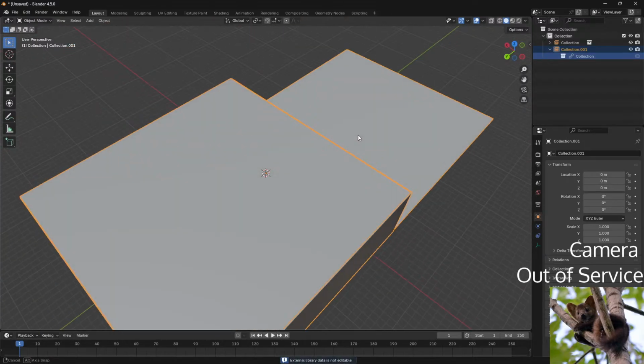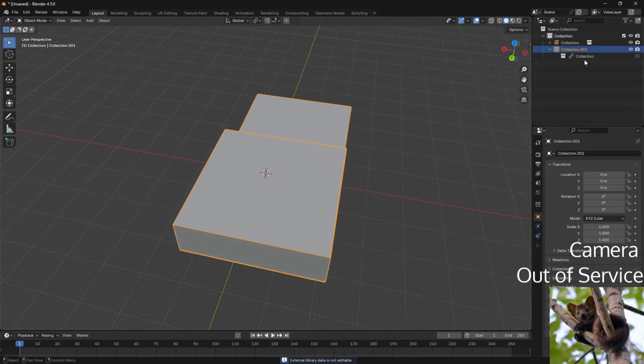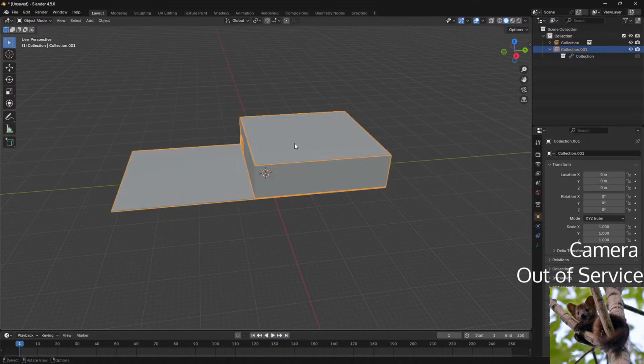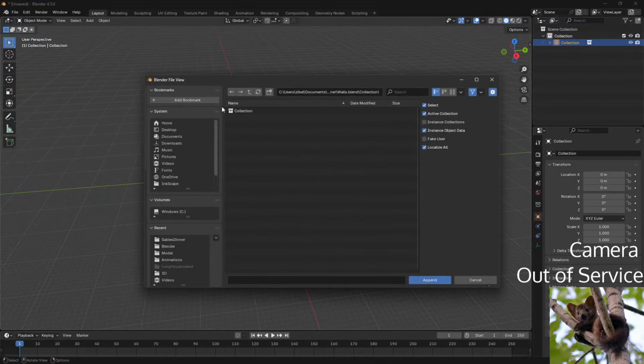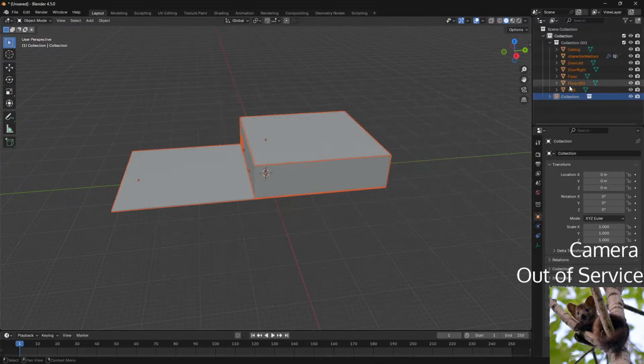I actually want to disable this. Yeah, I can't. So, roll back. We're actually gonna use this way. I can hide it.